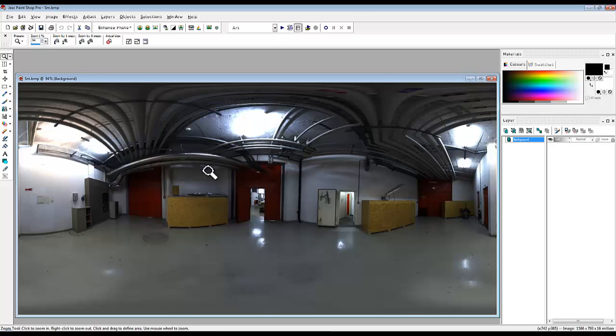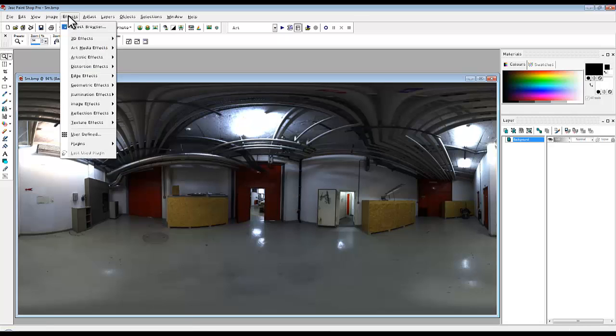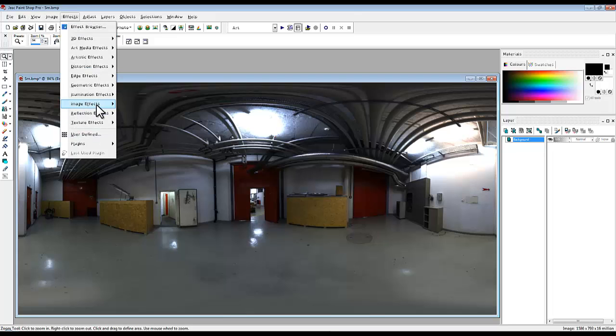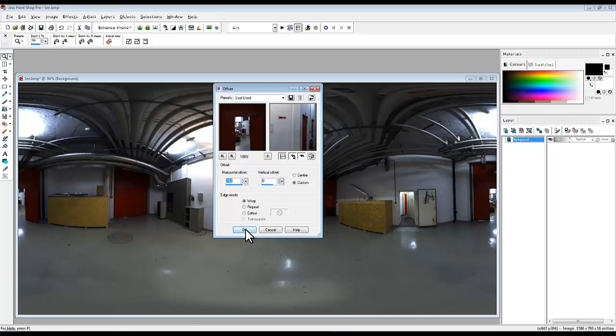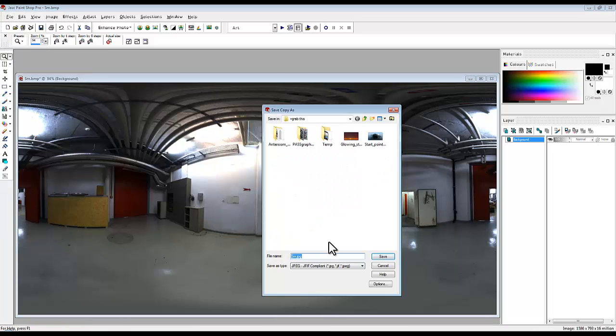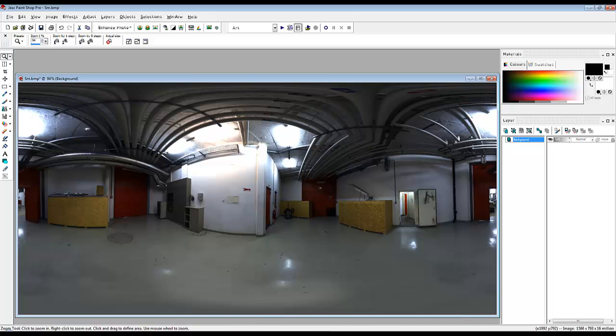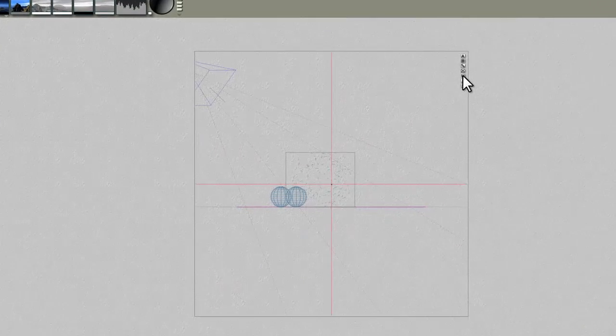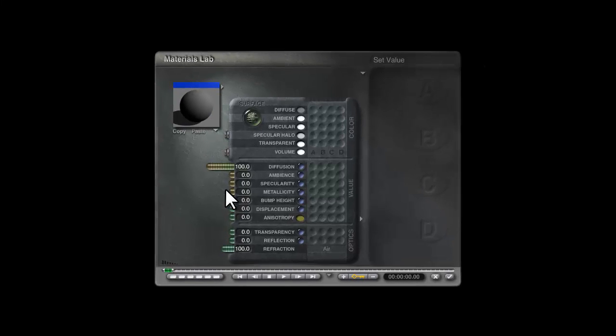So I load it in and I mirror it, and then I offset it to half its length, and then I'll just save that again. So that's the JPEG image. Now go back in here, check out of there, and go into the materials for this sphere that I've made